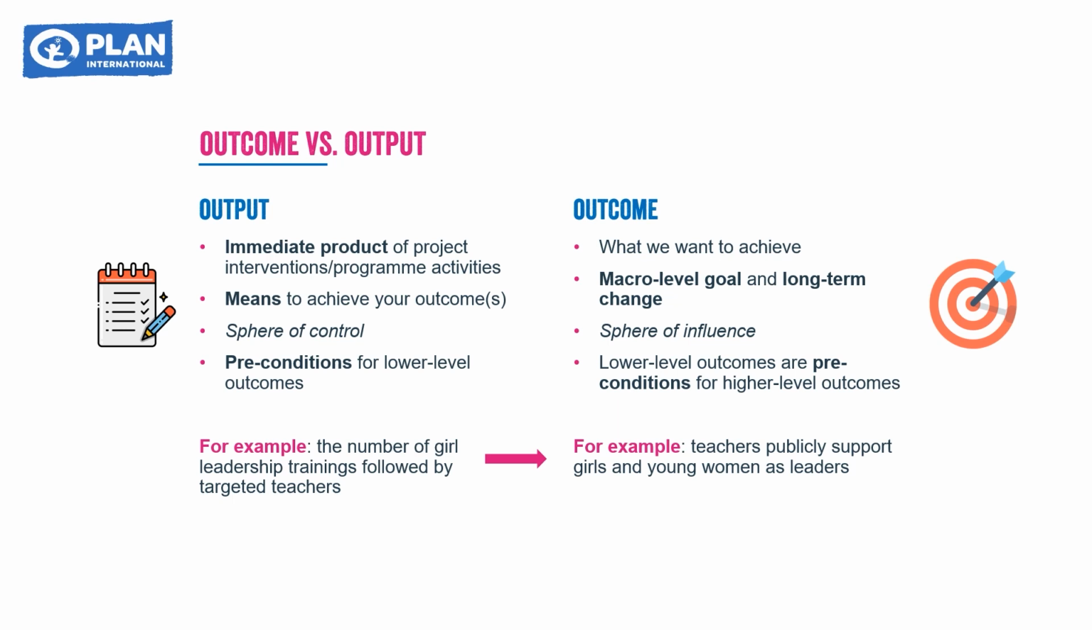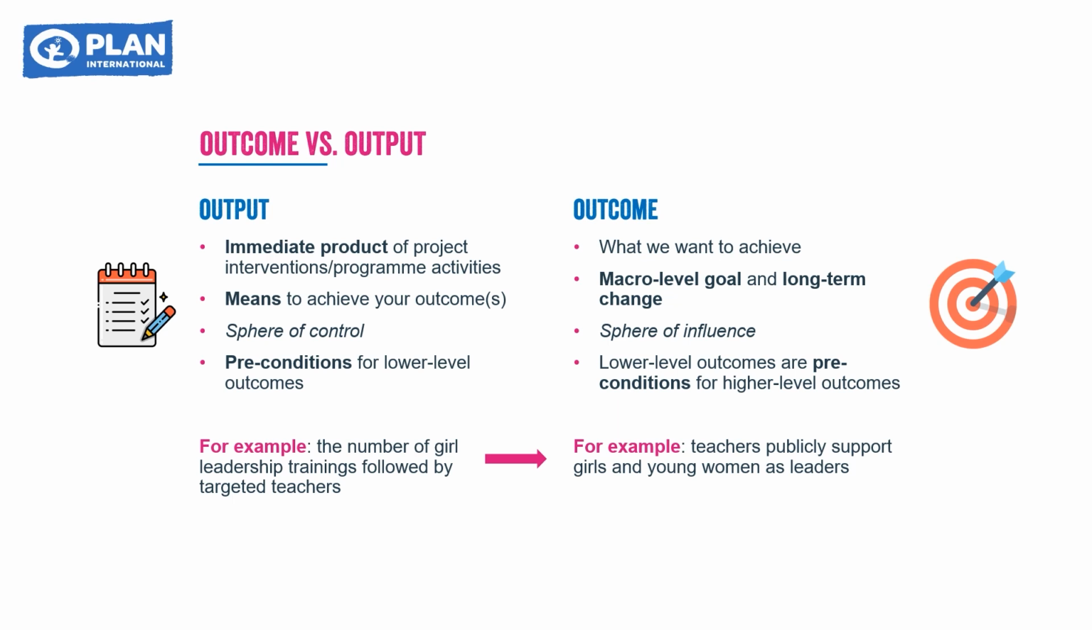Outcomes are the measurable results that you hope to see after you have finished your outputs. They are the changes that are expected to occur when all necessary and sufficient preconditions are met. Lower-level outcomes are preconditions for higher-level outcomes. An outcome can thus, for example, be transformed gender norms, or be that teachers publicly support girls and young women